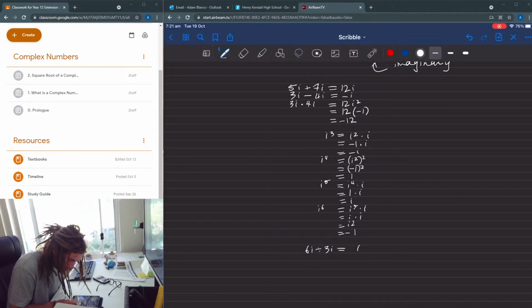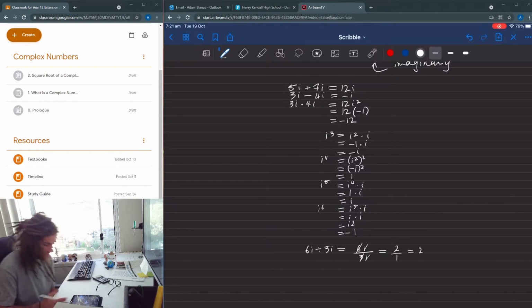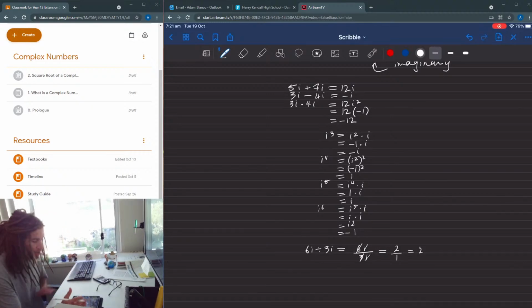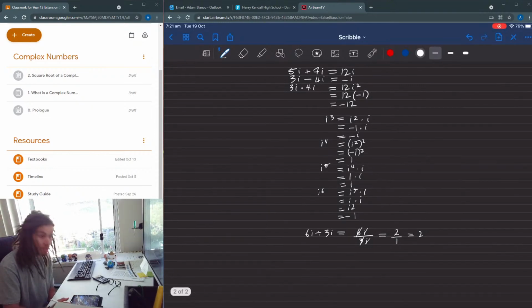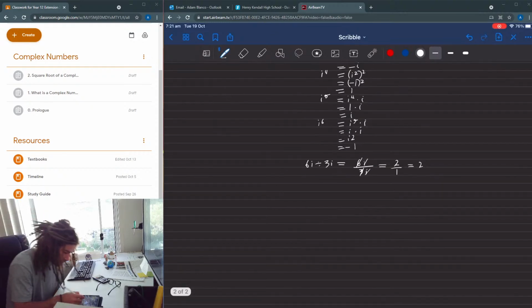So I guess I can rewrite this as 6i over 3i, and then these things cancel and make 2 on 1, and these i's actually also cancel, so I'm just left with 2 on 1, which is 2. So all these things abide by our normal number system. Now, if we return to our original problem,